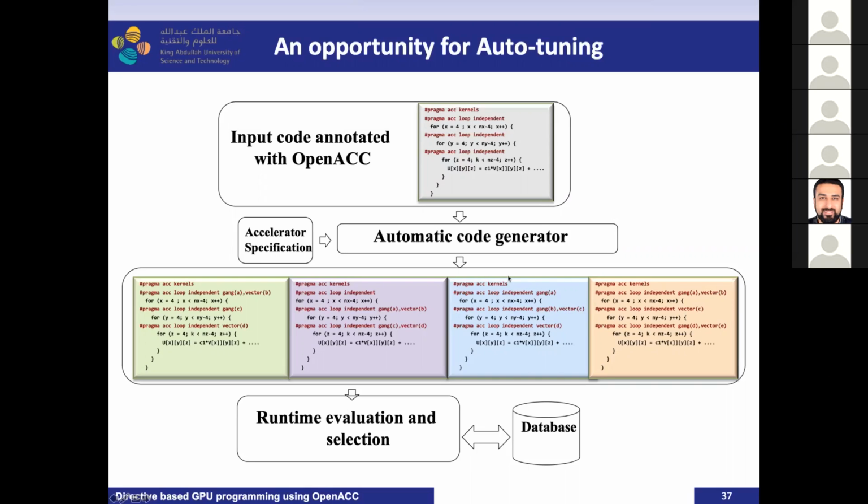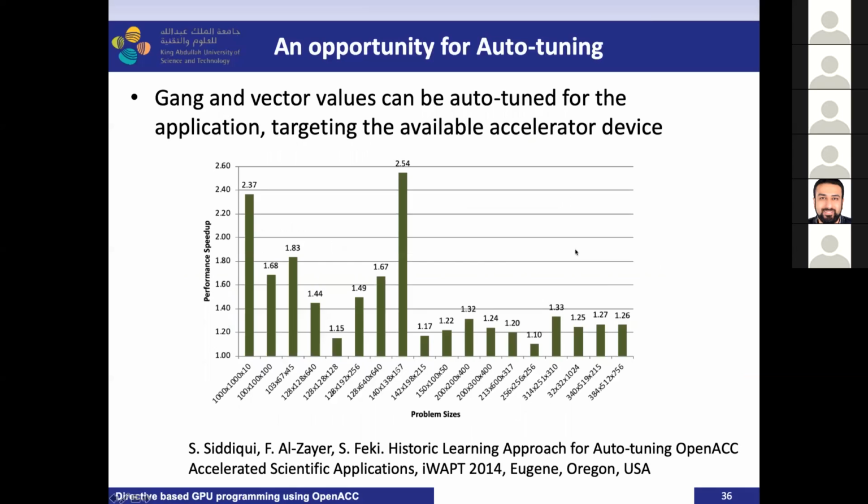And we had an auto-tuner that generates those codes and runs them for just 1 iteration. As you know, those are iterative solvers. So we use the few iterations to find the performance of each different parameter set and find the best parameters. Once we find the best parameters, we can continue with those parameters. And those actually give us better performance than what the compiler chose. That's why we put this optimization together. So that's an auto-tuner that we built. We got some additional performance squeeze here. It goes as little as